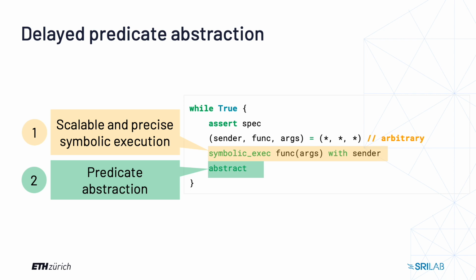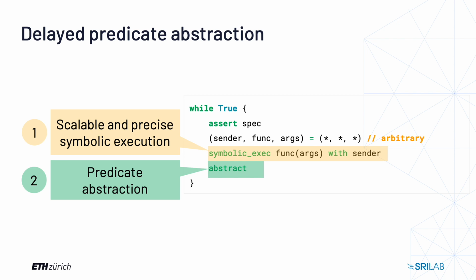We implemented the precise zero bytecode symbolic execution engine that helps us to deal with arbitrary input arguments. One symbolic execution transaction covers all possible input arguments of the function. Now, several states of the initial state space can be represented by a single symbolic state. Next, to shrink the state space even more, we use predicate abstraction. The combination of symbolic execution with predicate abstraction results in significantly smaller state space, where the property can be verified